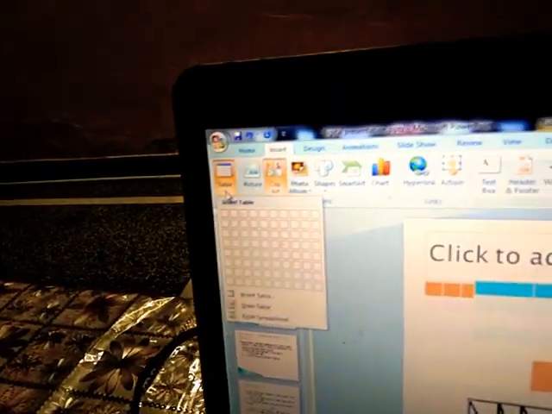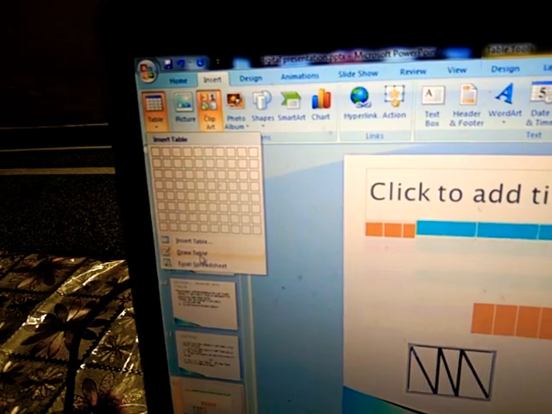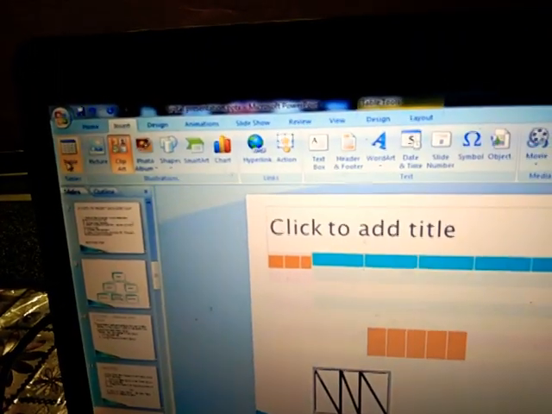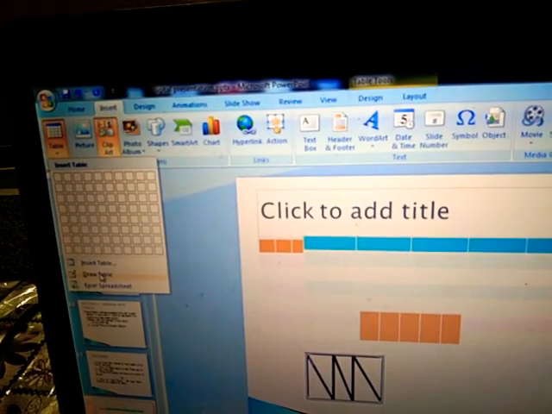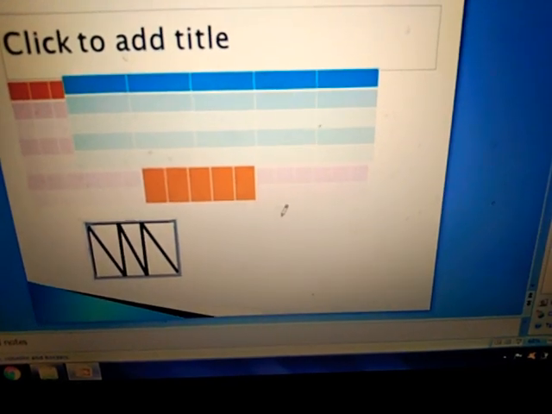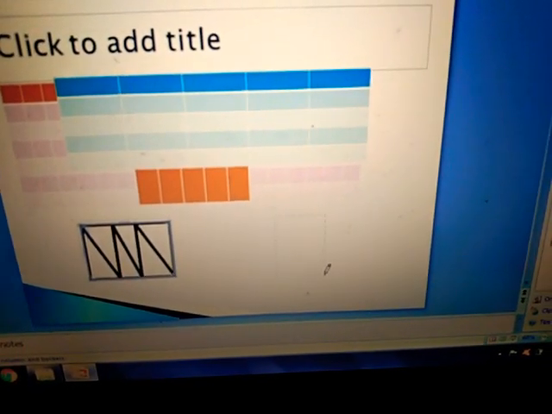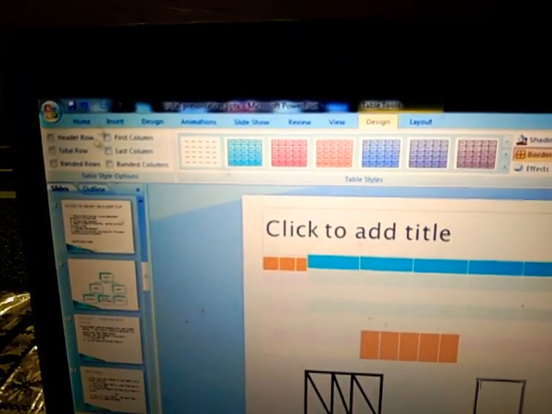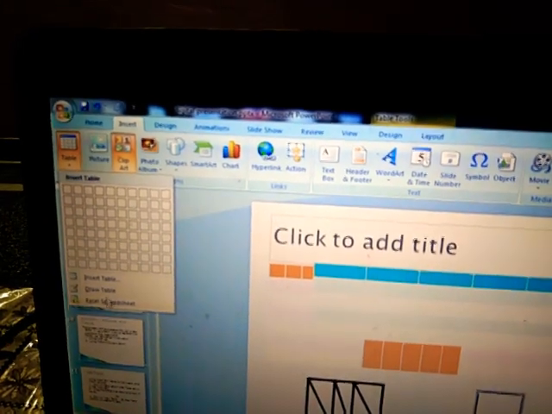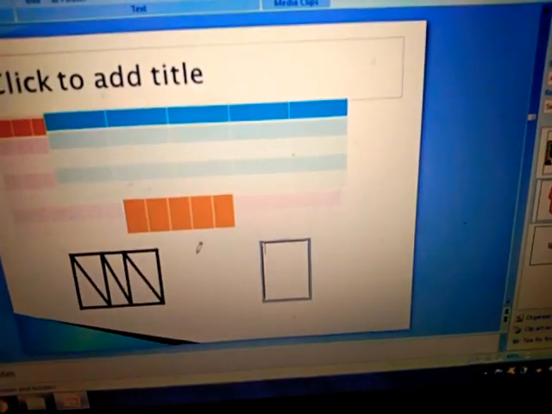Again, shall I do it? Now click on this Table option. Here is the Draw Table option. Click on this one, and your pen is there. With your mouse, what you have to do? Left click and drag your mouse. Done. Again, if the pen is not there, then click on this Insert tab, click on Table, Draw Table, and again the pen is there.